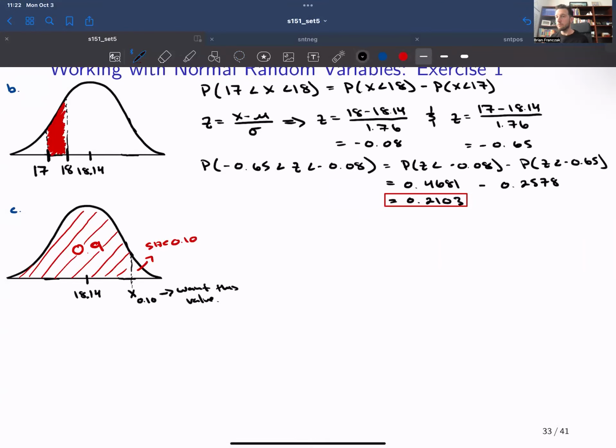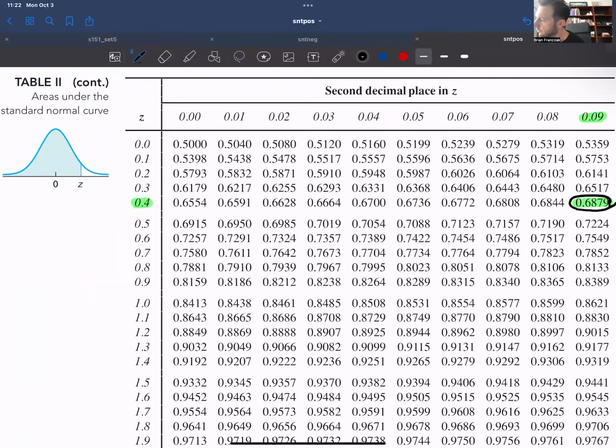Okay, so in order to solve this problem, we start with a standard normal value. So we start by saying find z subscript 0.1. So what we want to do here is find the z score that corresponds to the 90th percentile of the standard normal table. So we want to find z subscript 0.1. There are two ways we can do this. The most direct way is we go to our standard normal table,